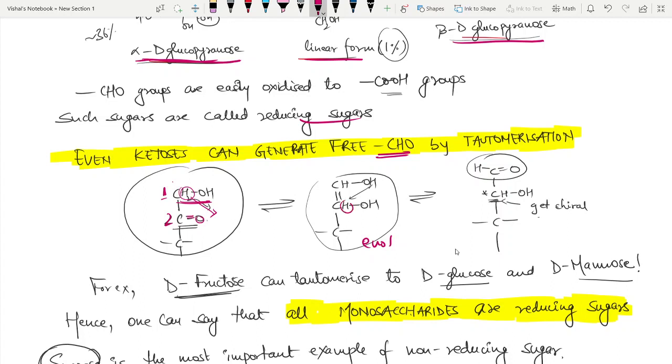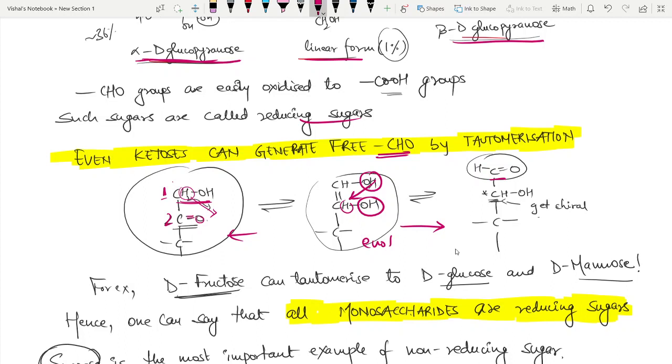And when I do the reverse, but this time I will use this hydrogen. I will shift it here, and then I will shift the double bonded O, the carbonyl group, here, right? So this is an enol from both sides, because there is an OH here also, and there is an OH at this side also. So you can do the reverse in two ways. In one of the ways you will get back to this ketose,